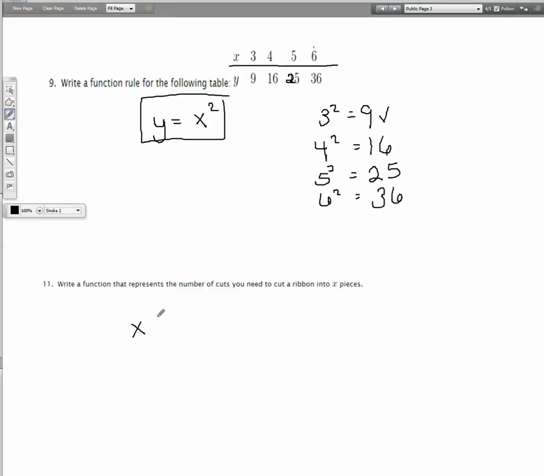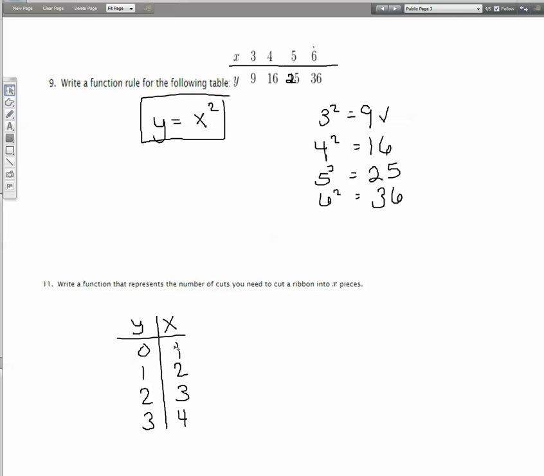All right, so if I don't have any cuts, I know I will have one whole ribbon. If I make one cut, I know I will have 2 pieces of ribbon. If I make 2 cuts, I'm going to have 3 pieces of ribbon. If I make 3 cuts, I have 4 pieces of ribbon. And actually, technically, we should probably have this the other way around, right? So this should be y and x. If x is the number of pieces,